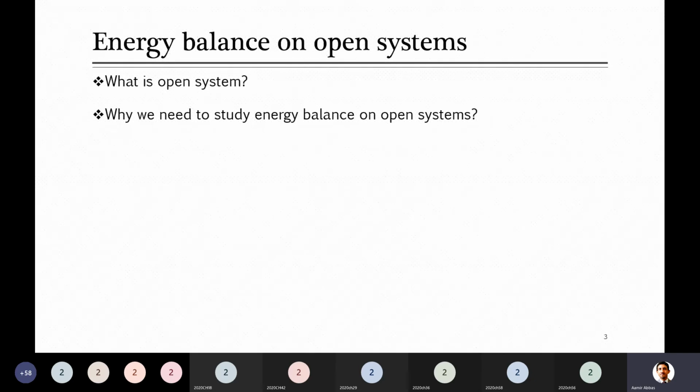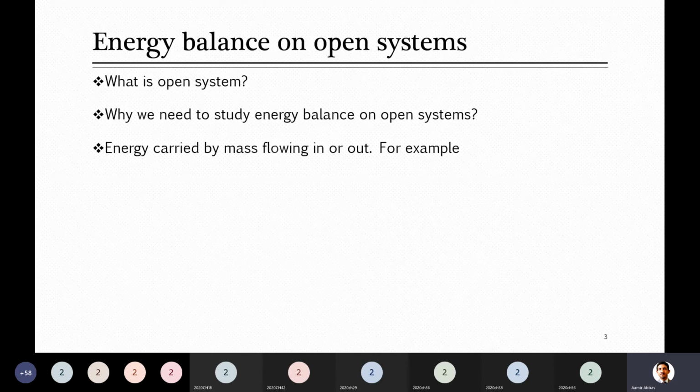Most of the systems you discuss here in chemical engineering are open flow systems, not closed systems. There are very few batch processes, and they are not commonly used. Open systems, as I told you, are linked with continuous or semi-batch systems, and these are the systems that are commonly used around us. Due to this, it is necessary to discuss the energy balance on open systems.